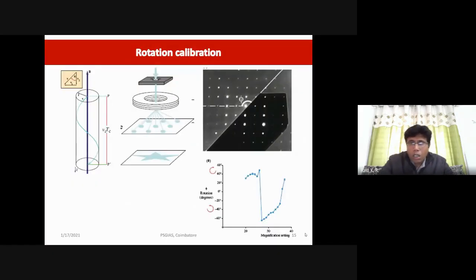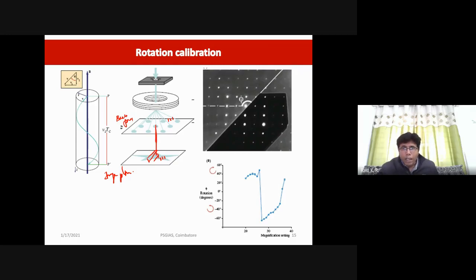So now, if you look at these two planes, this is what you are doing: indexing a pattern, which happens at the back focal plane. This is your image plane. Let's say from this you identify this as a 111 plane. Now something is there in the image. From that you are saying this is the 111 plane, which means this is my 111 direction. This is what you are identifying in the image. But the electron beams are not actually going in a straight line.